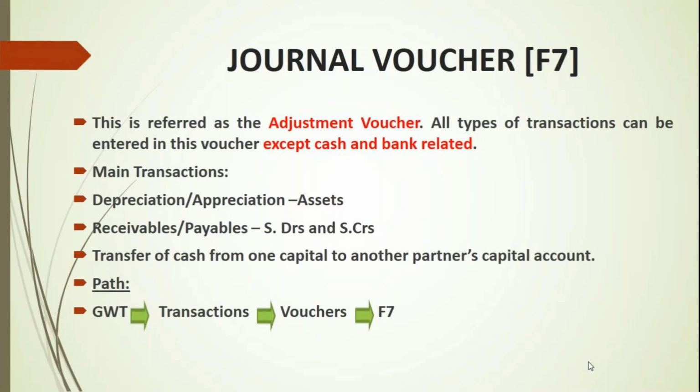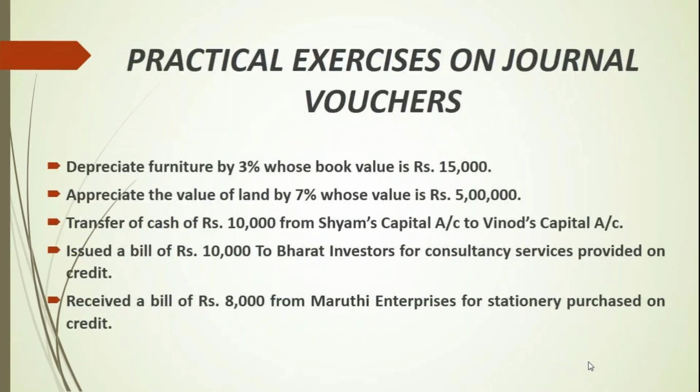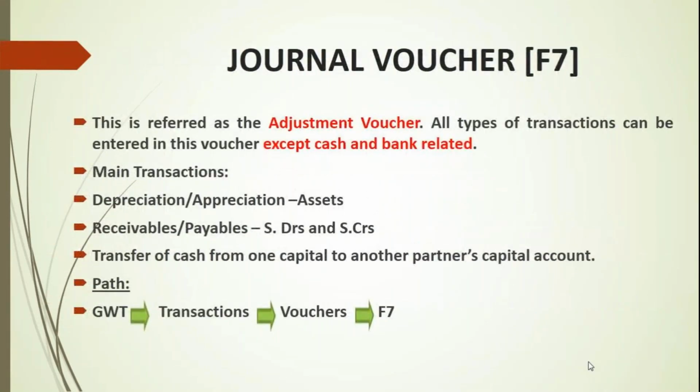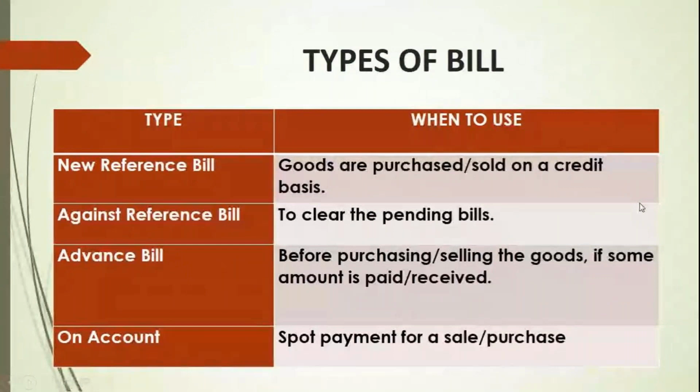So this is how we have to access the journal vouchers. Of course, we have a list of entries to be passed, which I will not be accessing as of now. Here I told you it is a non-cash, non-bank transaction, right? So if you observe here,